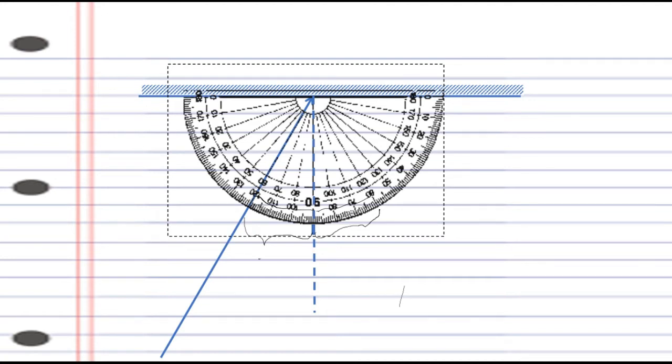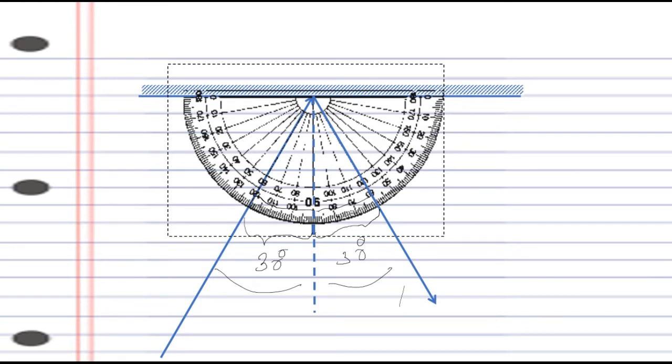So how much is the angle here? 30 degrees, and here also you should have a 30 degree angle. So the line which you are drawing should be exactly making 30 degrees with the normal, right? This is what you have to draw properly. If your angle appears different here, then your diagram is not correct, and you may not score marks.